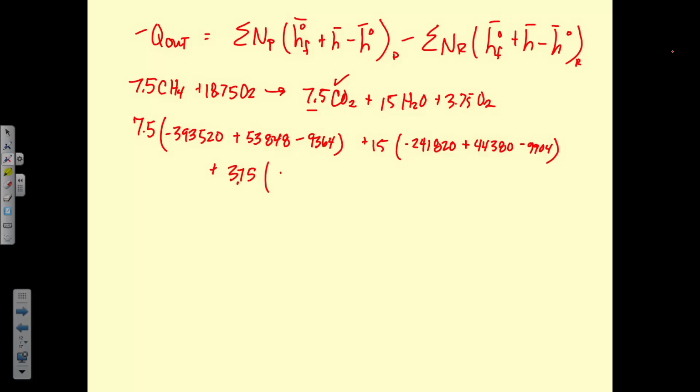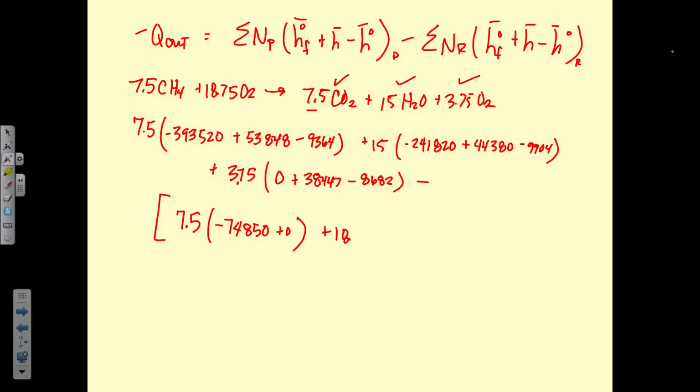Plus 3.75 times the enthalpy of formation for O2, which is 0, plus 38447 minus 8682. Okay, so that's our products. We now subtract off the reactants. So 7.5 times the enthalpy of formation for CH4, which is negative 74850, plus the enthalpy at 298 minus the enthalpy at 298, so that's 0. Plus 18.75 times,